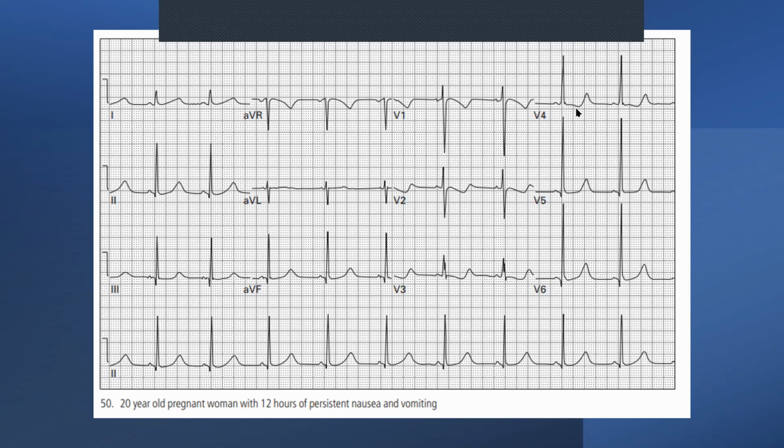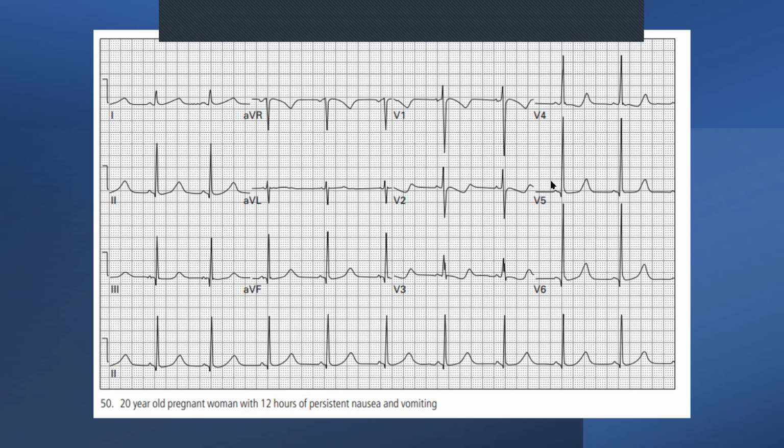And then if you look at V3 and V4, we start seeing slight ST depressions along with QT prolongation and a bit of this biphasic T wave as well, right? So all of this is starting to take us closer and closer to hypokalemia, because hypokalemia also causes ST depressions as well. Okay, QT prolongation and biphasic T waves, especially in these V2, V3, V4, but it can occur in any, but it's more common here, all right? So we're starting to get towards this diagnosis of hypokalemia, and we've also got evidence of left ventricular hypertrophy or high dilatation